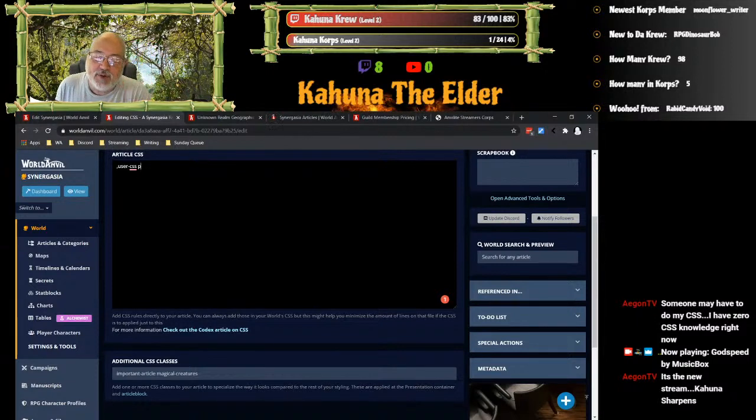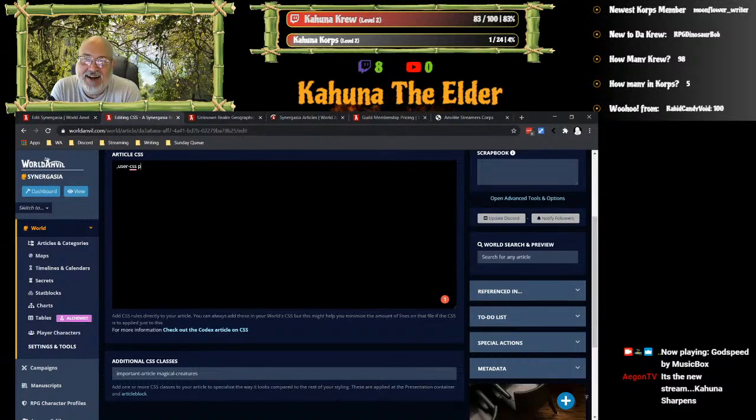So you would put user CSS, which is basically anything on the page, and P for paragraphs. So every paragraph on this page will be styled in whatever format you lay out in the code. But if you do that, every page that has this CSS will get changed. Every page, everybody's. So you can't use just user CSS.